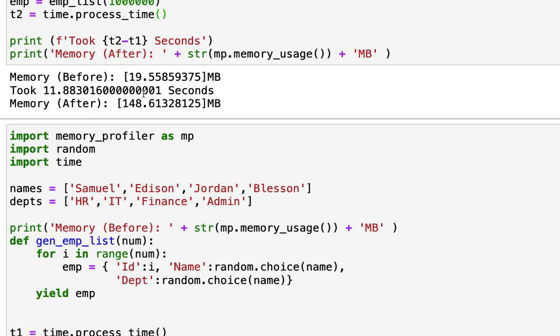Before it was 19 MB, and after processing all the records, it took almost 148 MB of space, and it took 11 seconds to complete the work. You would have seen that you are waiting for it, right? So now the same thing, let me do it with the help of